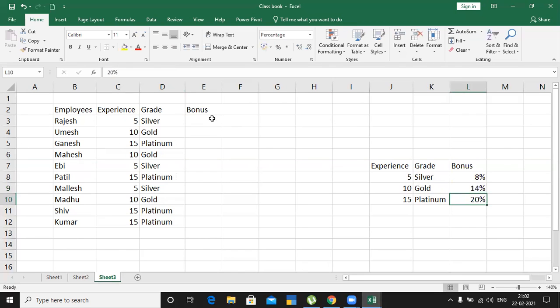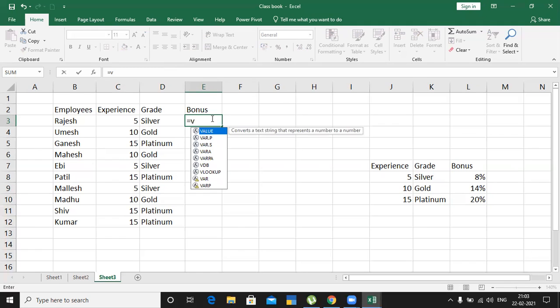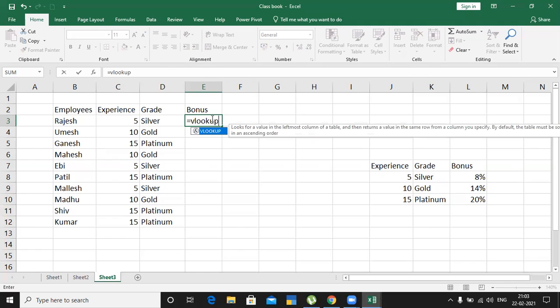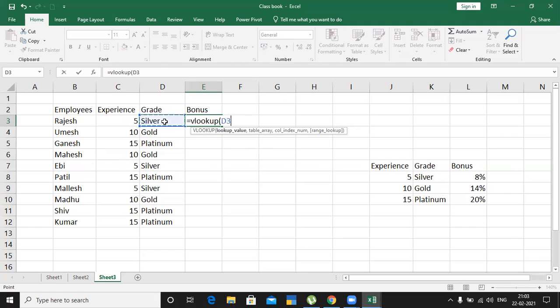Now I have to allocate. So select and type VLOOKUP, open bracket. Select the lookup value D3, comma, and select this table and lock it, meaning make this an absolute reference.